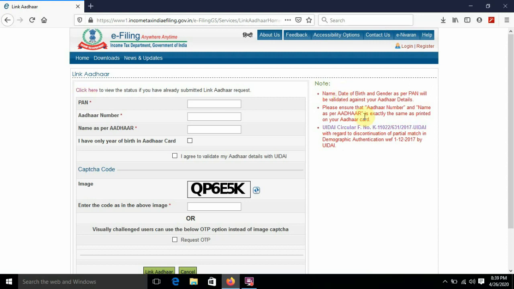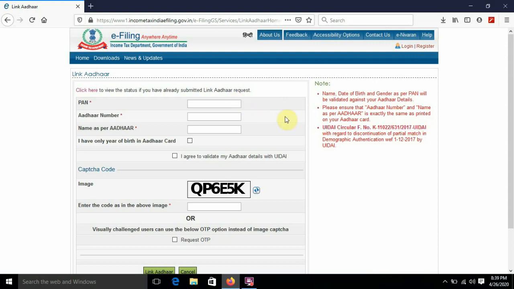That says the name, date of birth and gender should match your PAN card and Aadhaar card. In many PAN cards the surname will be in the front or back, or there will be spelling mistakes in the PAN card or Aadhaar card, so they will not be the same. Even the name, date of birth and gender may have been entered wrongly by mistake. So check carefully that the PAN card and Aadhaar card are the same.